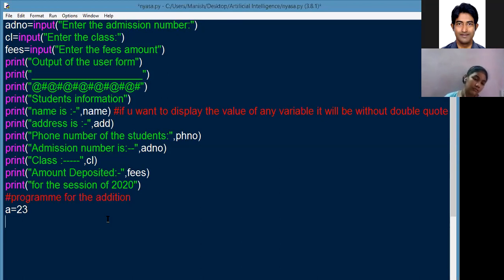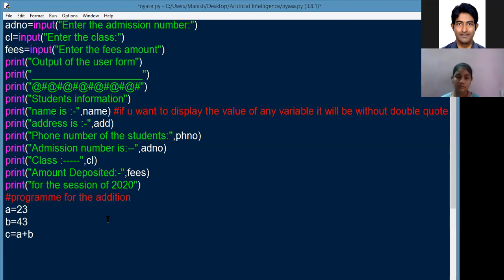I have taken a variable A, it is storing the value 23. Next one is B. I'm going to take a value 43. That is the constant, that is not taken from the user. For the whole program, A will be 23 and B will be 43. C equals A plus B.